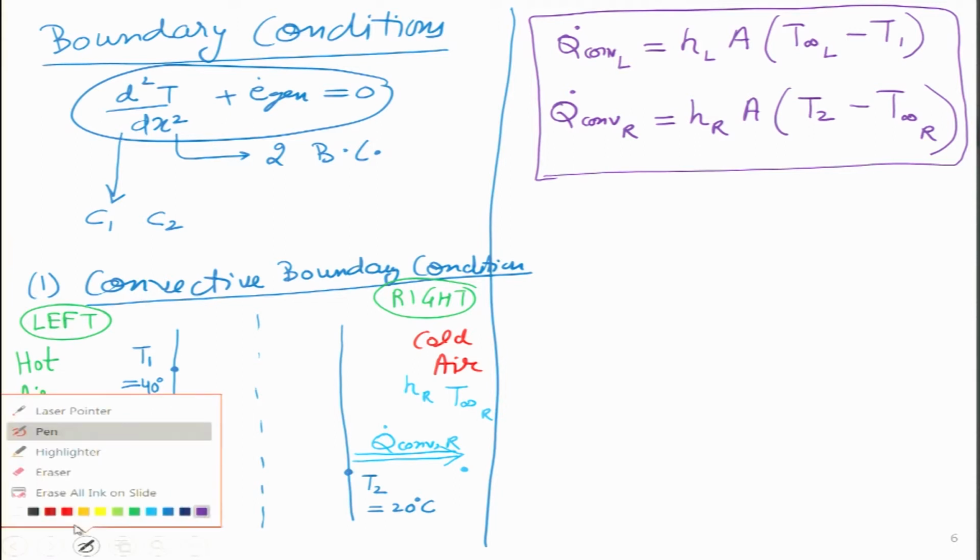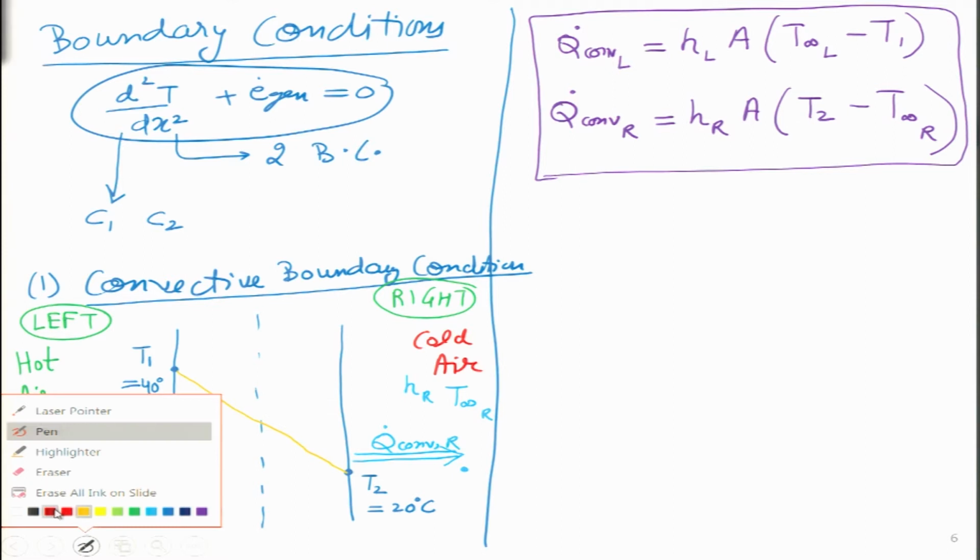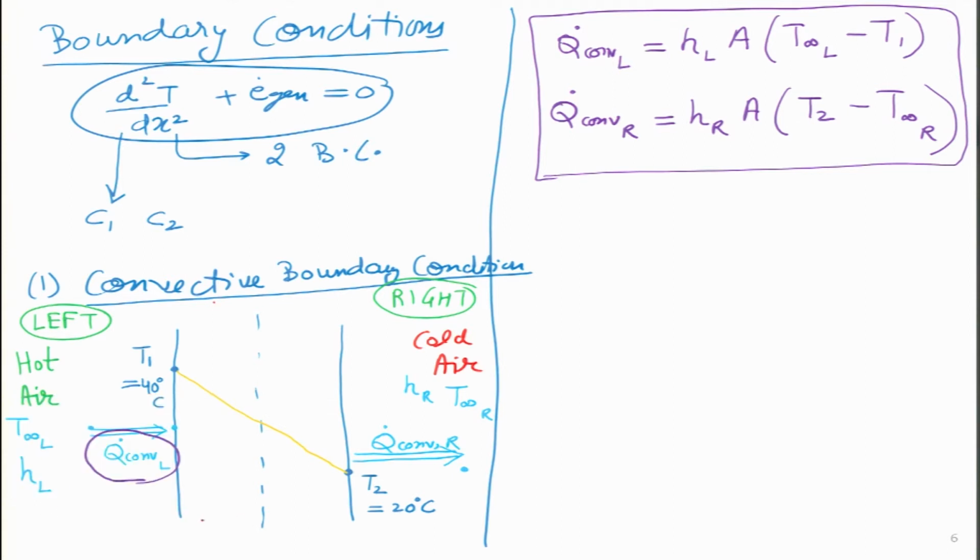Just for the sake of completion, let me go back inside the wall and draw the temperature profile. Because this is steady state and I am assuming no heat generation, this is the simple type of temperature profile that we will get. If you remember, we have taken certain conditions earlier. We assumed the thickness of the wall is L. I will put some typical numbers which I considered earlier: the length I have taken as 1 meter, and the cross sectional area as 1 meter square.